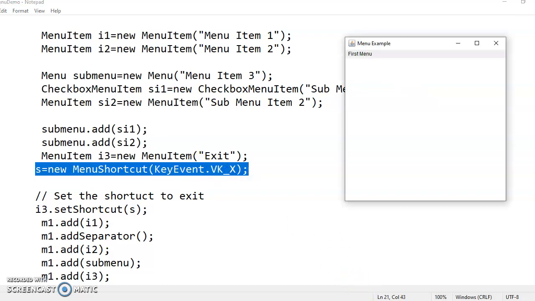Now what you have to do, you have to use the object which I have created earlier for shortcut menu. So S equal to new menu shortcut, and in bracket you will write the name of the key which you want as a shortcut key. Sometimes you want Control X, sometimes you want Control C. So likewise you have to choose. Here I have chosen Control X. So to write Control X, the proper format is to write key event dot